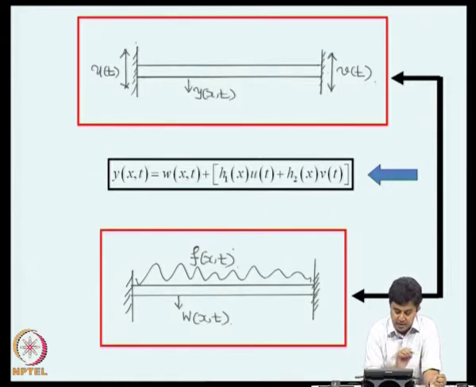So, what we are doing is, the given problem where the excitation appears as time dependent boundary conditions, through this transformation we are converting into an equivalent problem where the beam now carries a hypothetical load which varies in space and time, and the displacement of this is w, not y. This w is related to y through this equation, where w is the solution of this, u and v are given support displacements, and h1 and h2 we have selected suitably.